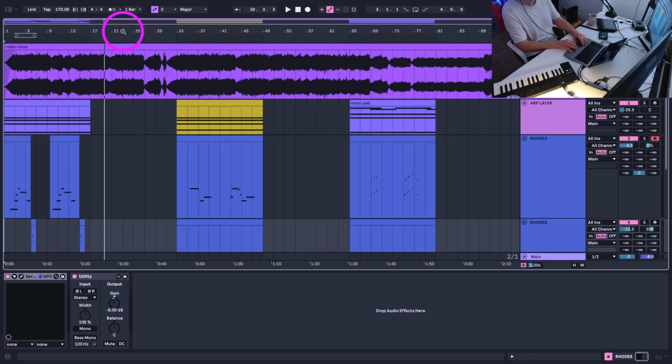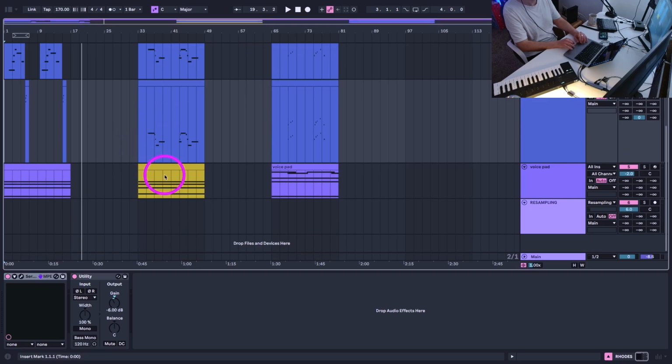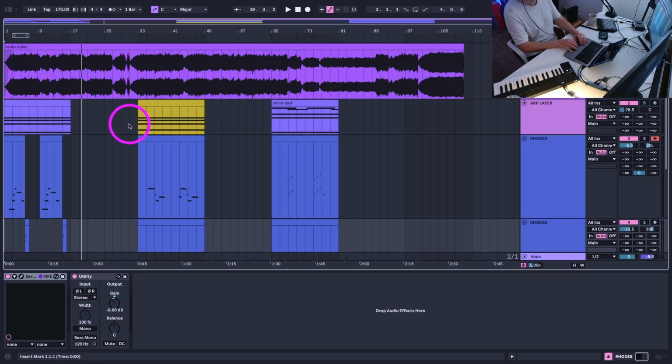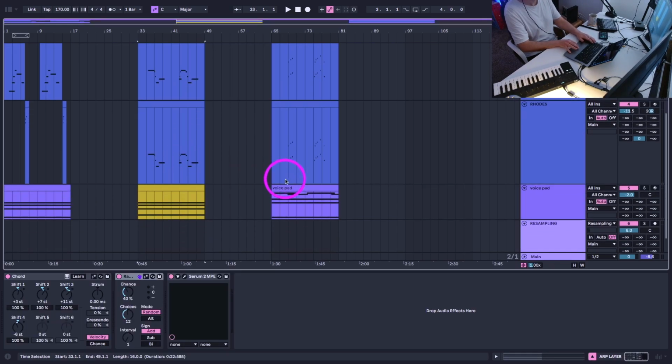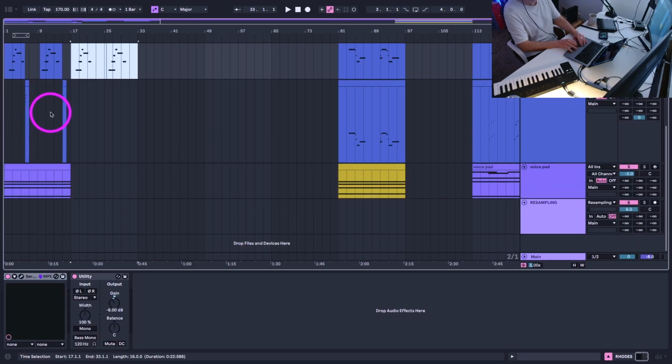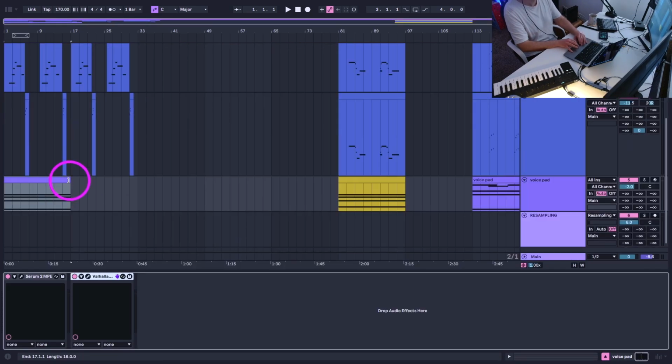That's not bad, is it? I think I'm going to do one at 16 and then one at 32 as well. So let's just move all this stuff down a bit. I'm not looping it because I don't want the envelope to start again.